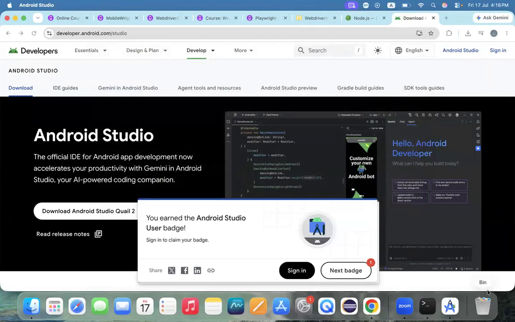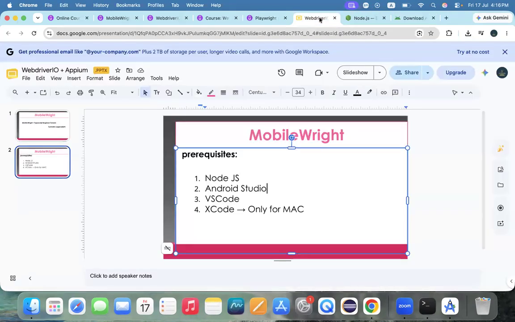So this is the way exactly you can download it and open it. It will take a couple more minutes for us to complete the installation of this Android Studio. You just need to click next, next, next, next, and create a project on that. And then, in the course of time, I'm switching to the next installation, which is